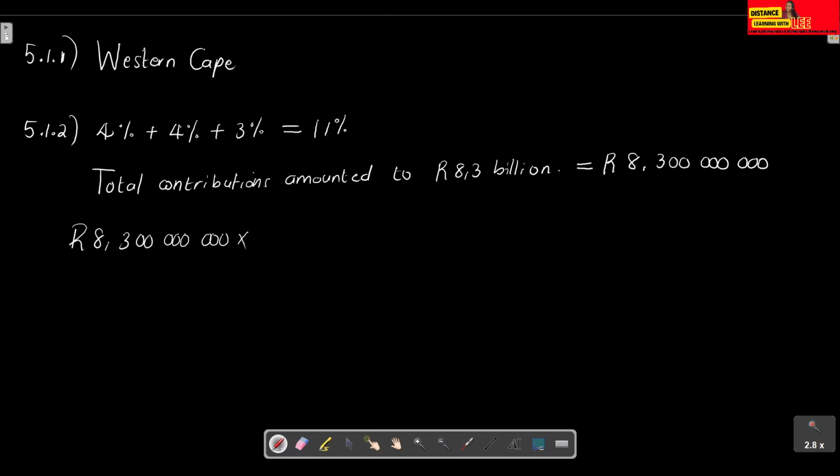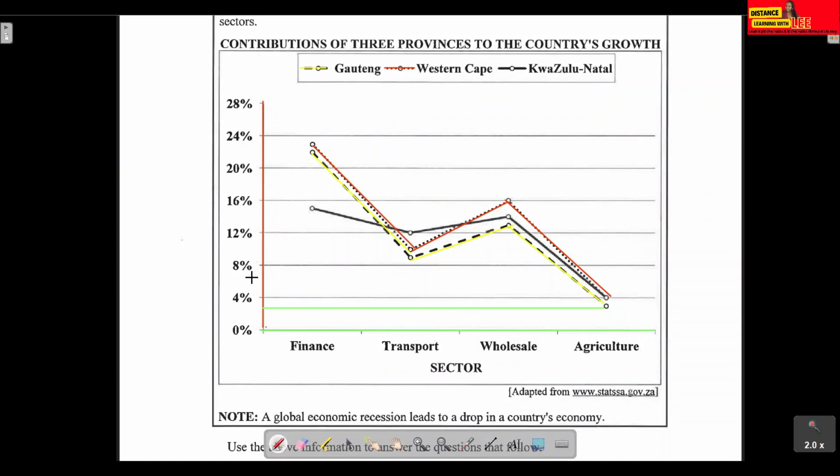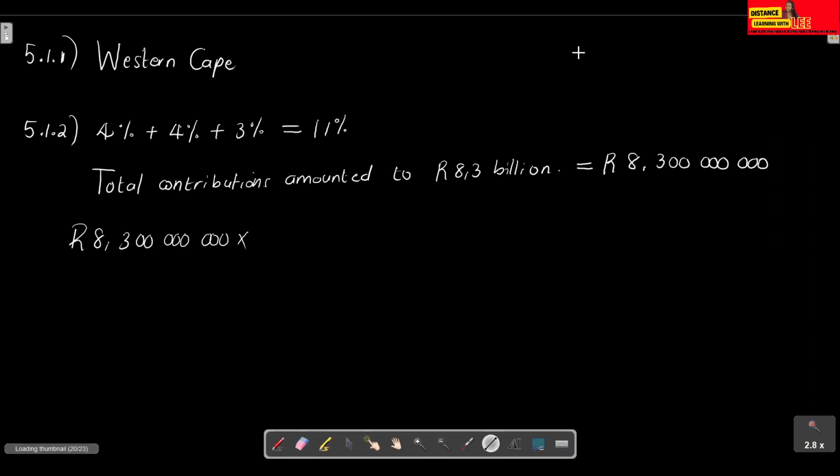So you want the amount that was contributed by the Western Cape, right? And then here we can see that the Western Cape contributed how much percent? The Western Cape is the red line there. We can see that it contributed 4%, okay? So you multiply by what you want, which is the 4% that is contributed by the Western Cape, divided by